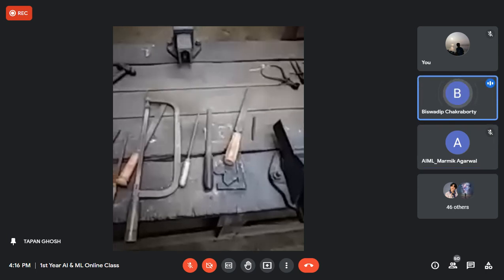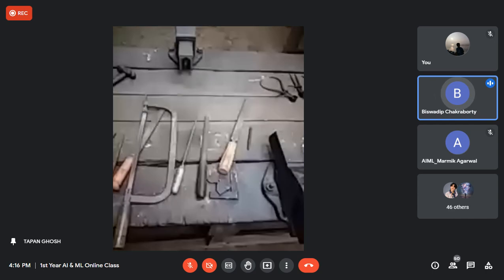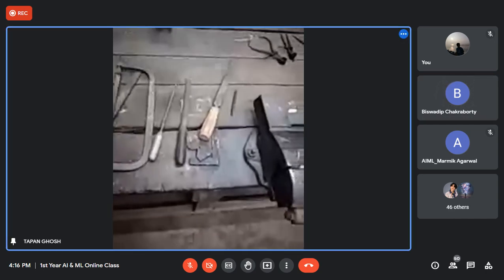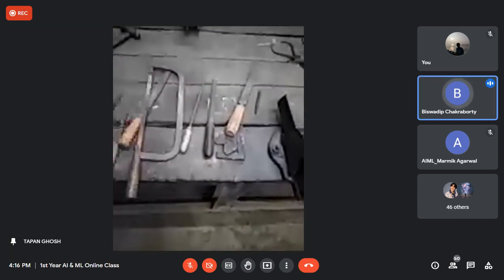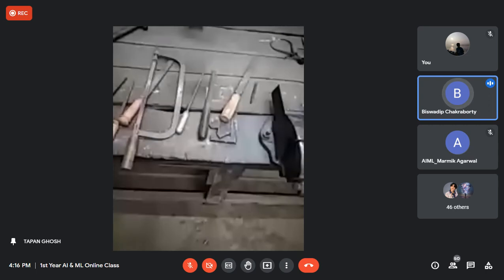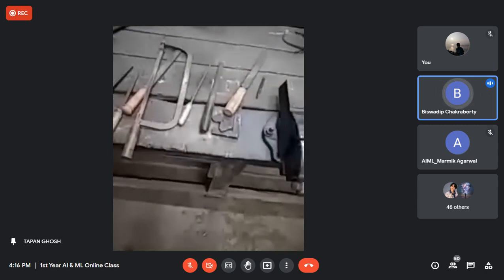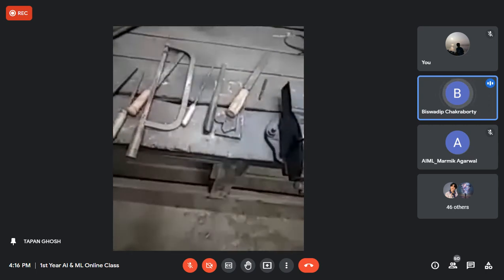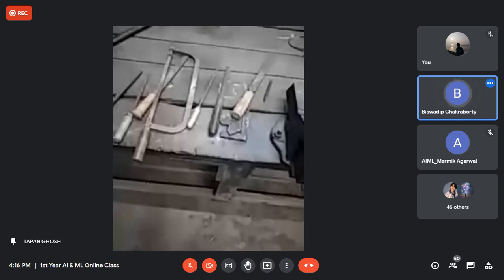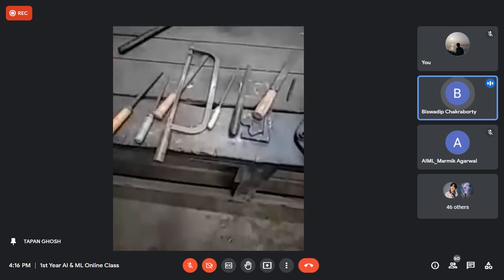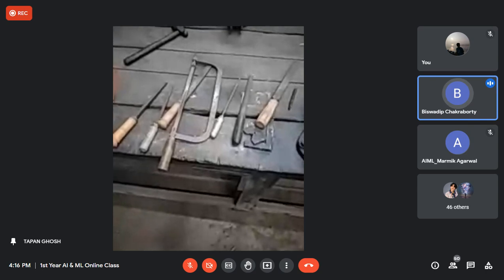Micrometer is not shown here. Micrometer measurement goes even beyond 3 decimal points, so that accuracy is not normally required in the fitting shop, but that is one measuring instrument. That is why I mentioned it.